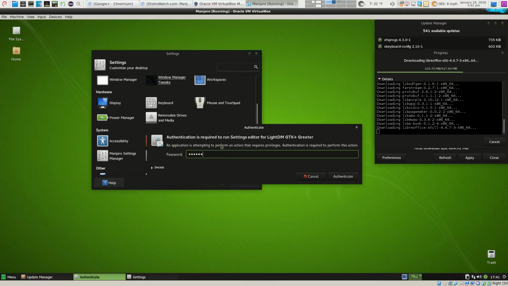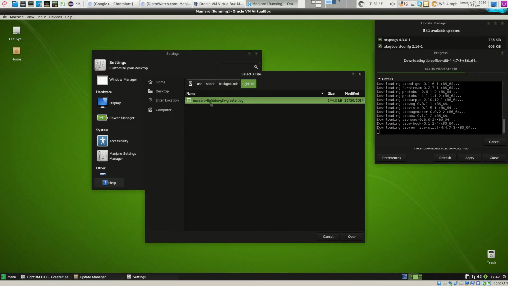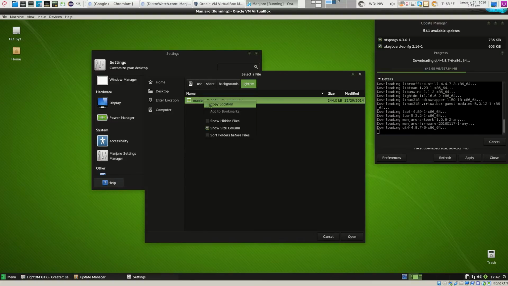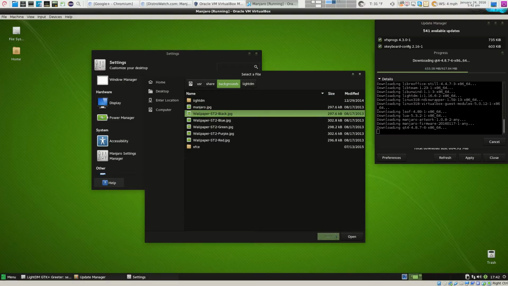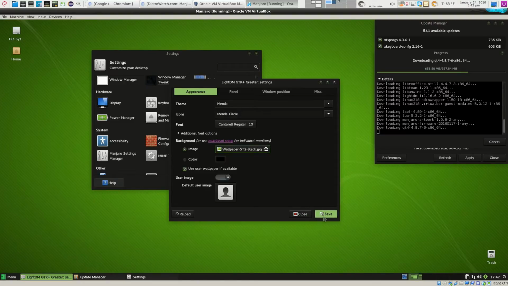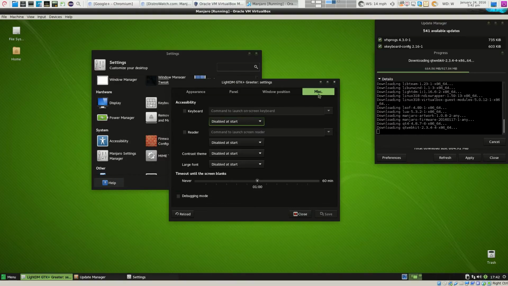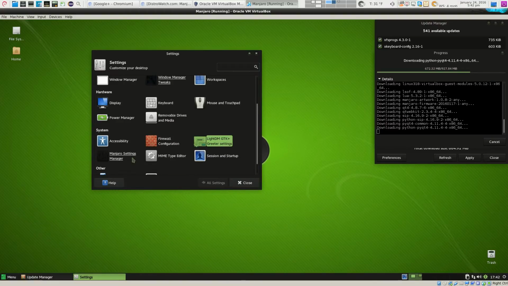Let's try this out here. This is brand new here. Oh, that's nice. What is this picture? Oh, light. As you can see what that looks like. Background. So you could change the background, I guess. Yeah. There you go. Save that. Panel. Window position. This and this. Awesome features that lets you customize everything to your liking.